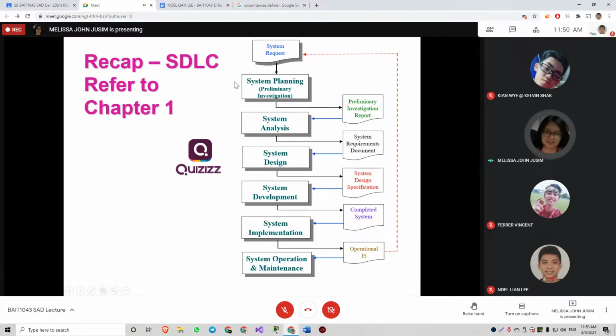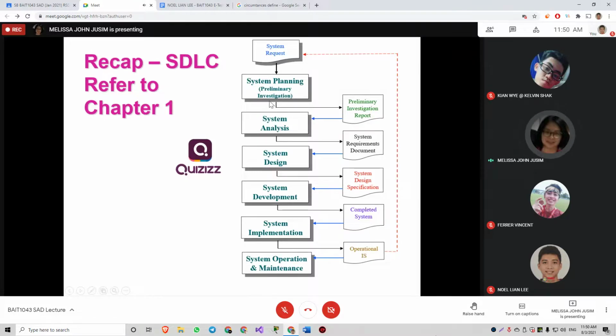Whereby the first phase is system planning. This is where we conduct the preliminary investigation, and system analysis is where we conduct the detailed analysis. So we don't want to waste our time and money conducting a detailed analysis in the second phase of SDLC.